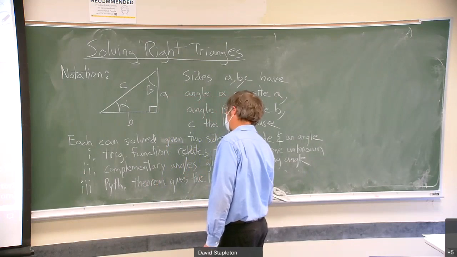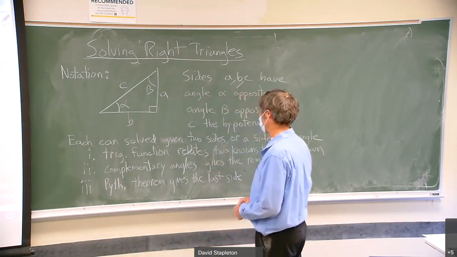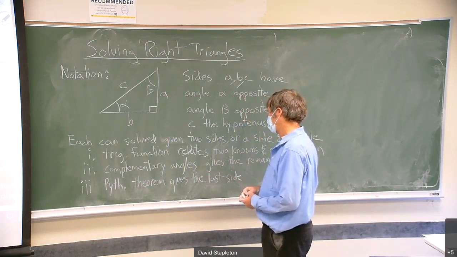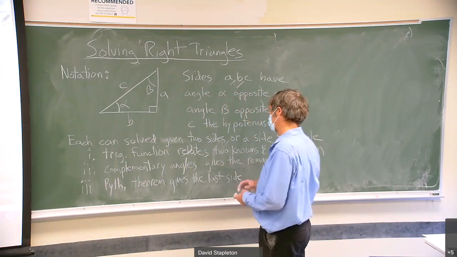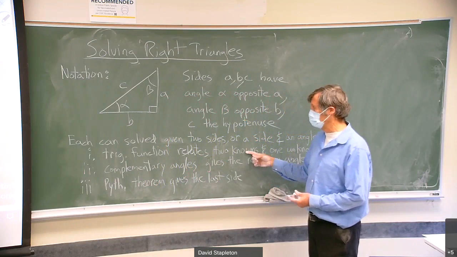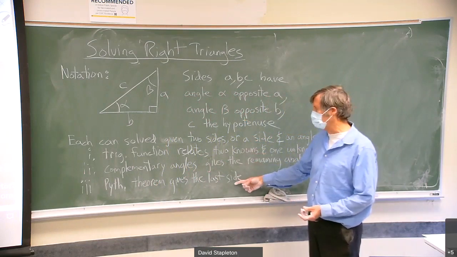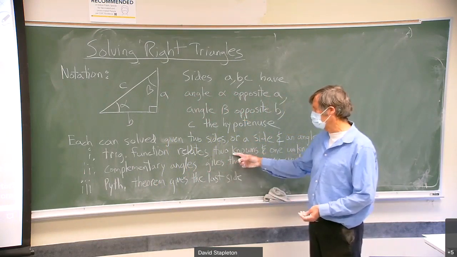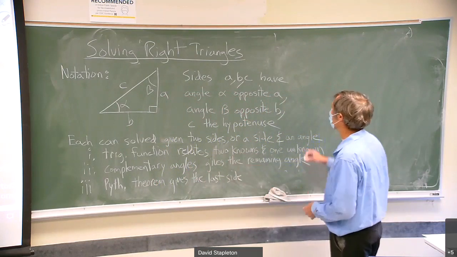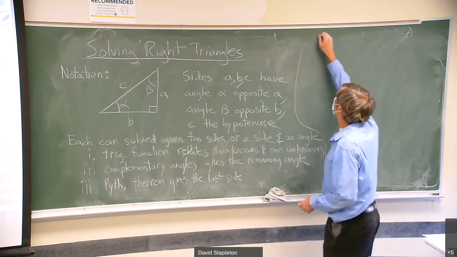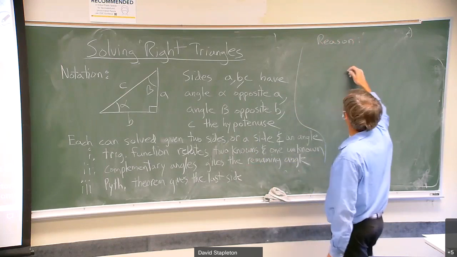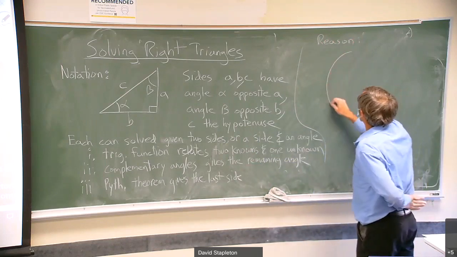So that's what you do, is basically use a trig function so that instead of having two pieces of information, you have all but one angle, all but one side. The complementary angle gives you the last angle, Pythagorean theorem gives you the last side. You can actually use the trig functions to solve all three of these, but we don't tend to do that because it's usually easier to use these two. So you see all books do these three things, even though you can use a trig function 3 times to solve a right triangle. The reason is the basis for trigonometry, that we have this unit circle,